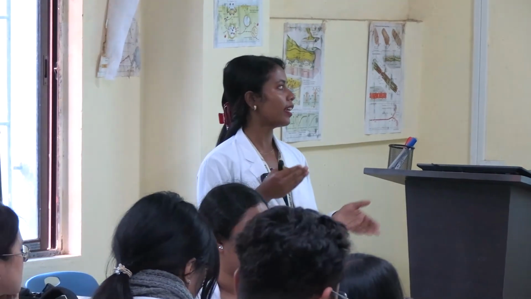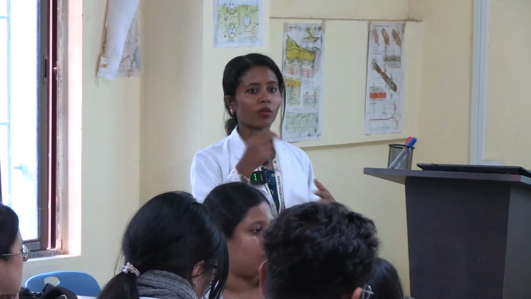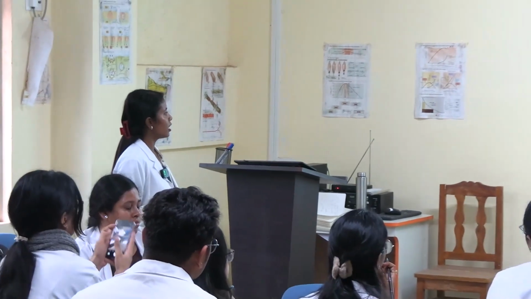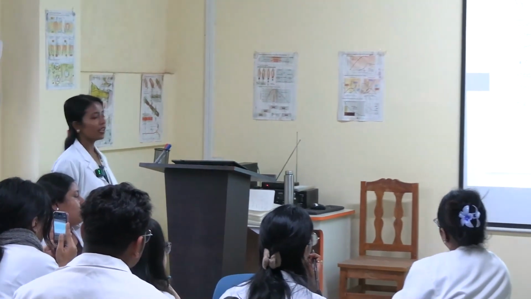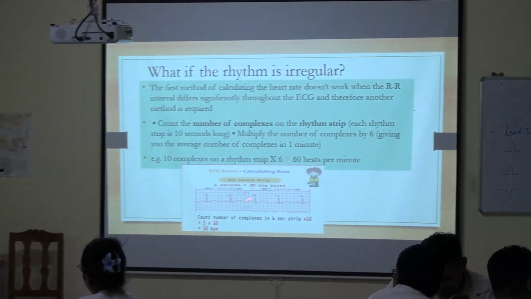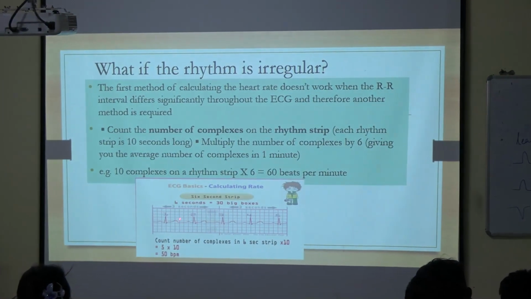So that is also coming because the speed is 25 millimeter. The ECG paper speed is 25 millimeter. So if it is different, more or less, the calculation will be different. Okay? So this is for the normal heart rate. Okay? Then this is how they calculate for the irregular. Okay, irregular heart rate for the 30 big boxes. How many complexes? That will be your QRS complexes.